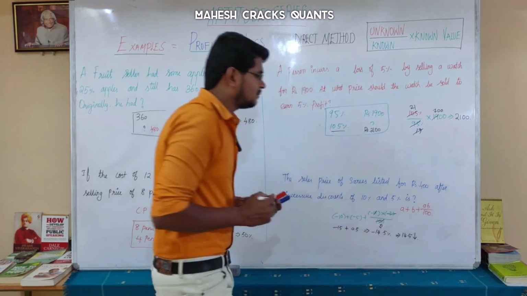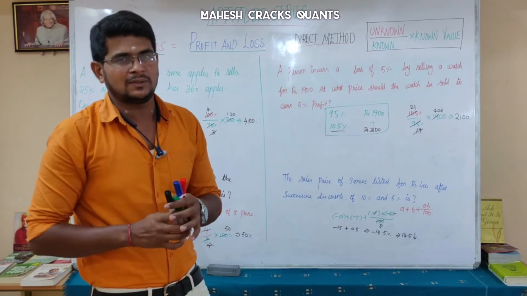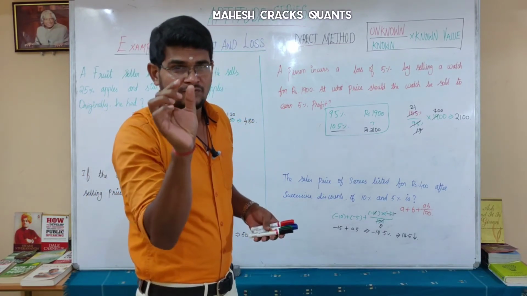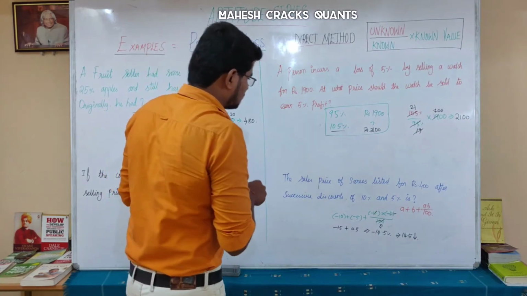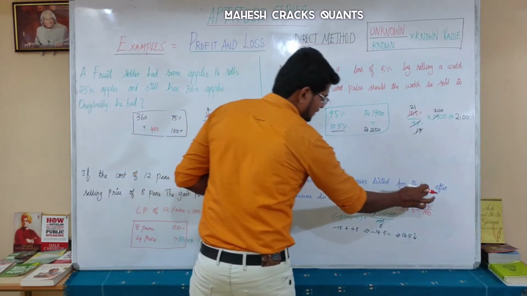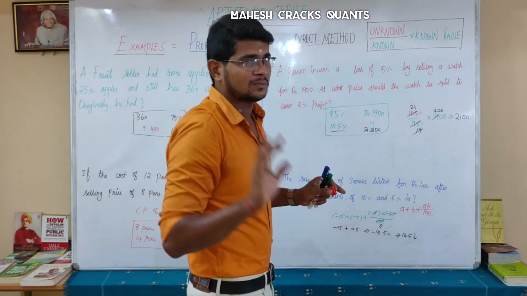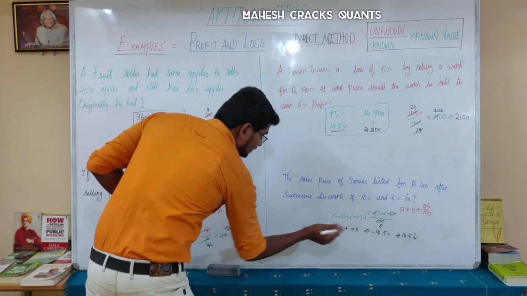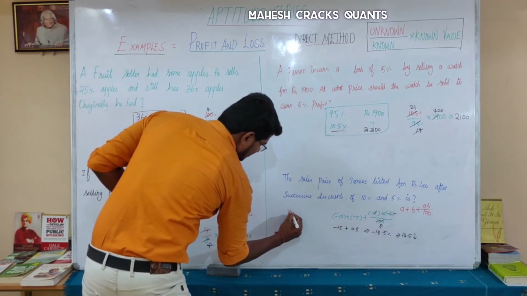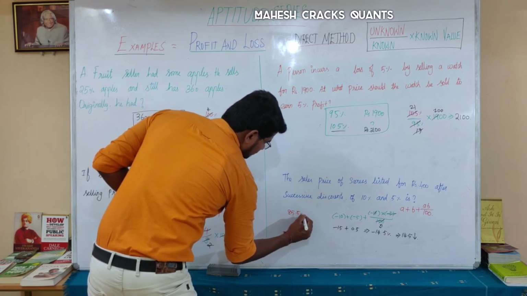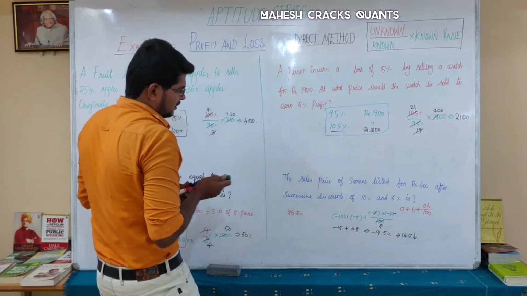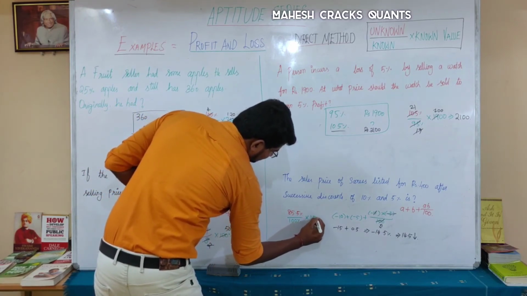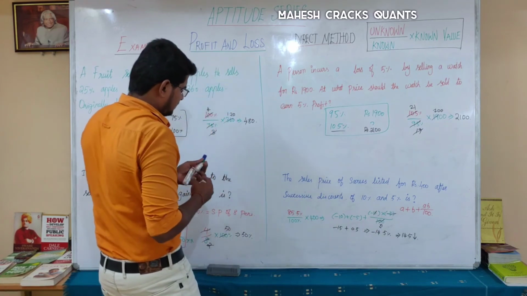So 14.5% decrease. So the selling price should be decreased by 14.5%. If you decrease 14.5%, what is the value you will get? 85.5%. So what is your unknown? The listed price is 100%. Already we told you that the marked price is also 100%. So 100 minus 14.5% means 85.5% is what the person who purchases will give. I know the value for 100%, which is 400. So by cancelling this, you will get the answer.